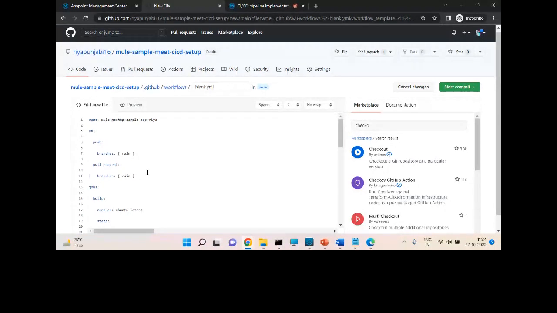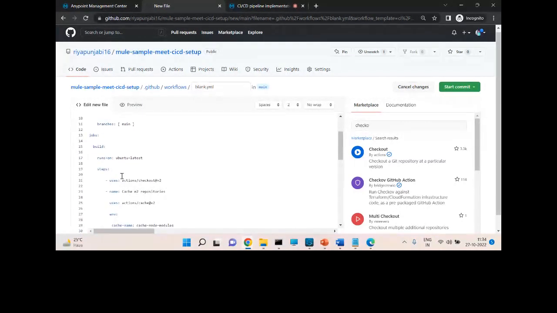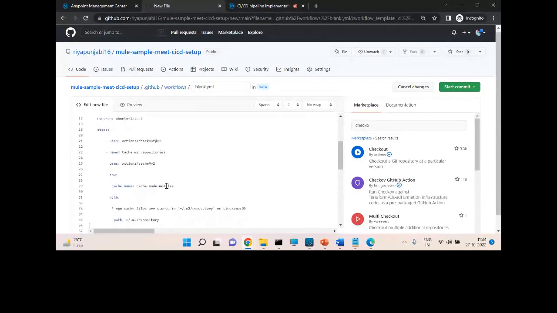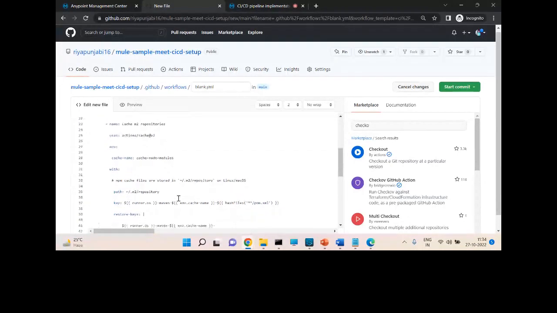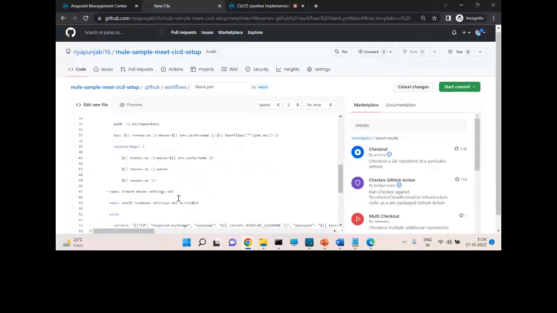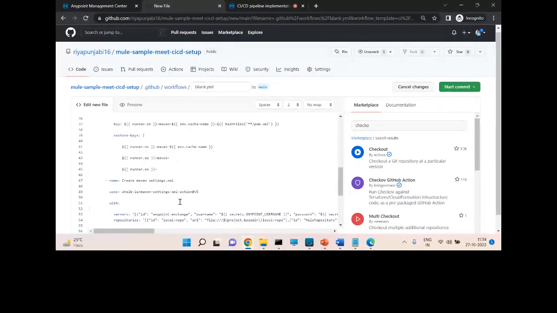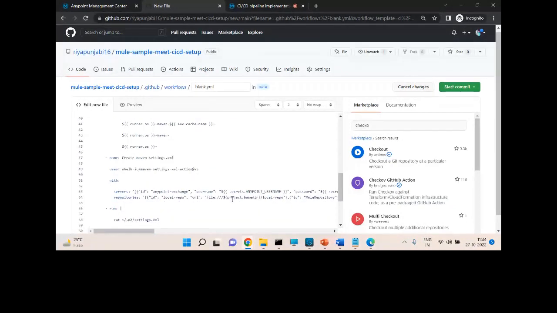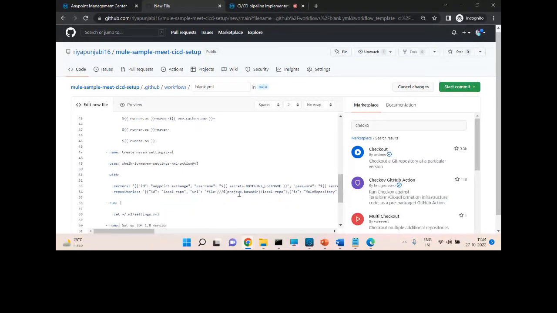You can do both things, or you can add any extra operation also. And this is the same actions checkout for accessing my GitHub repository, with the cache, which I explained. This is for settings.xml. Here we are not using any extra server like Nexus or anything, so I have not mentioned it here.